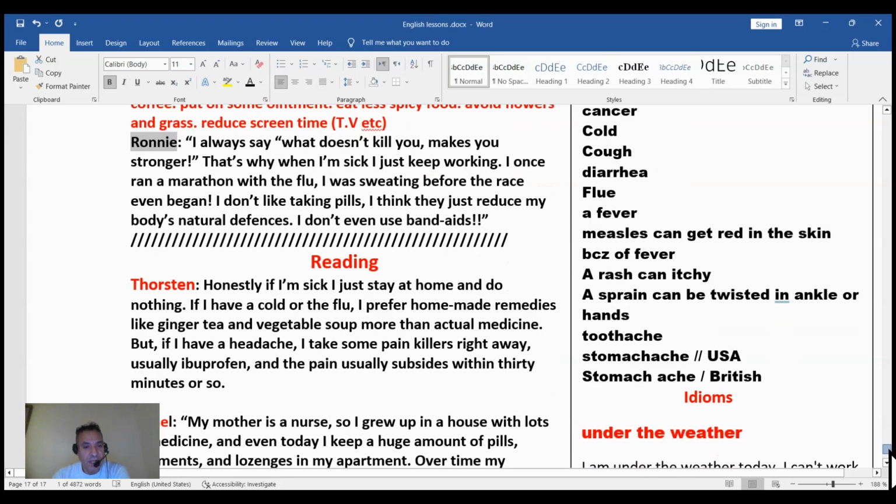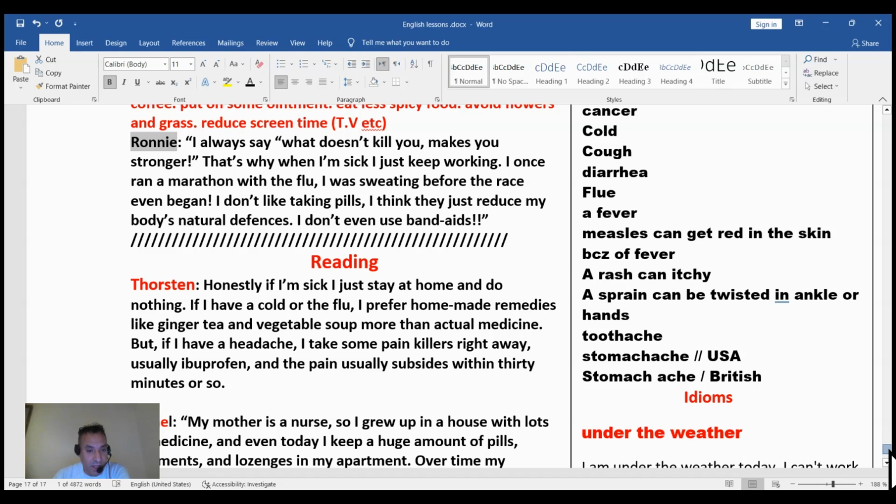Honestly, if I'm sick, I just stay at home and do nothing. If I have a cold or the flu, I prefer homemade remedies like ginger tea, and he prefers to stay at home and drink only tea. Okay, ginger tea and vegetable soup more than actual medicine.